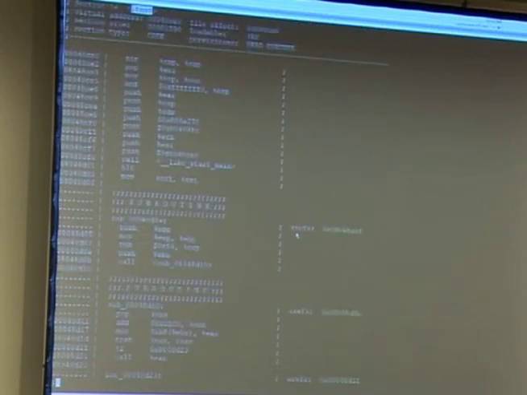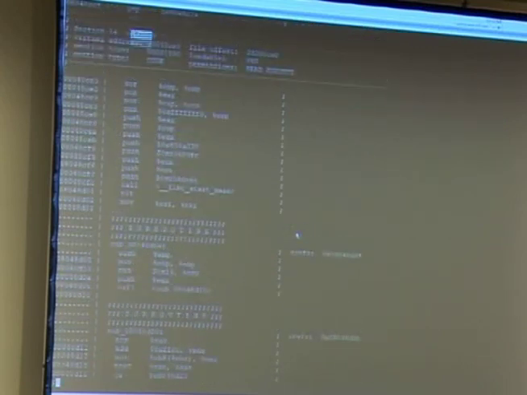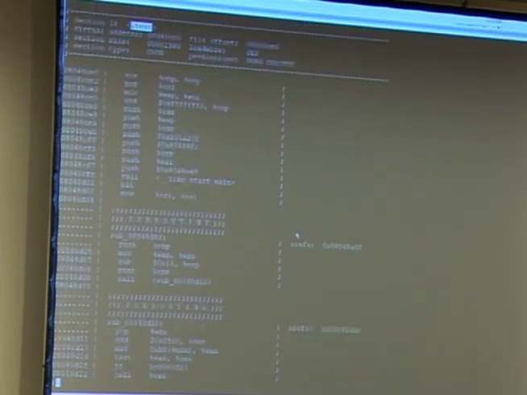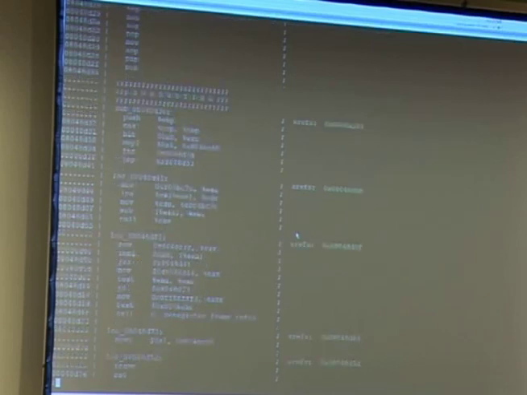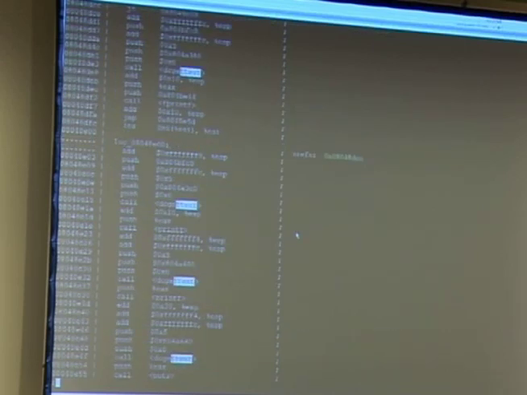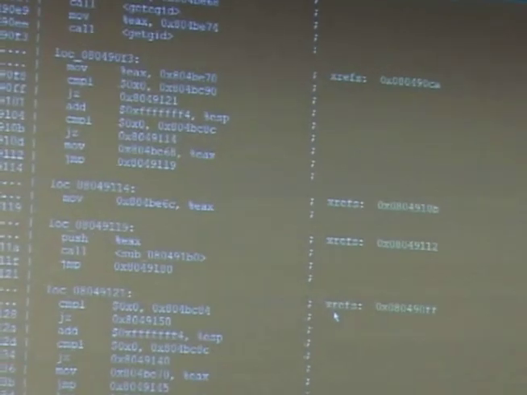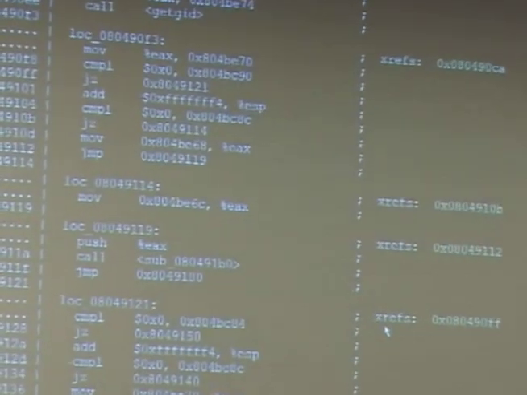Okay, and here's the text section. Same deal, cross-references, temporary names on detected functions. There should be some jump cross-references as well in here. Symbols obviously are being resolved. So it's a semi-useful console disassembler, but basically I wrote it